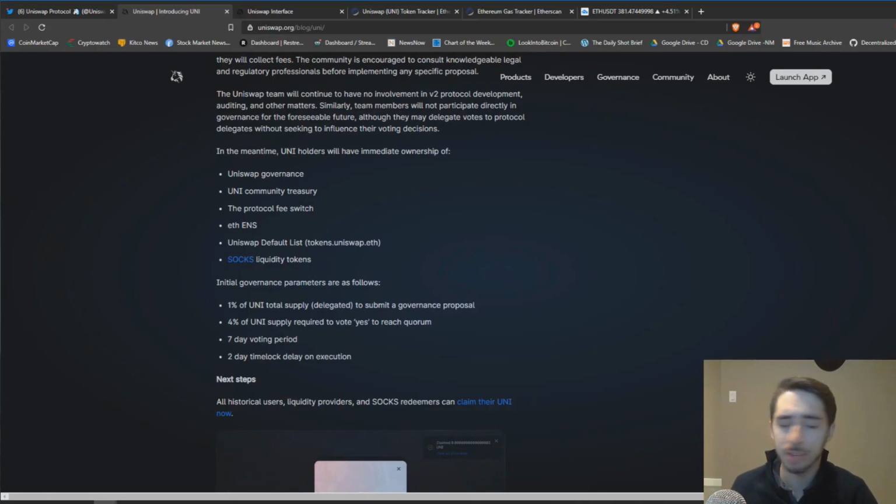Now, there's a 7-day voting period. Good week in this case, so not too short, right? Not 2 or 3 days, but also not multiple weeks where Uniswap is going to risk falling behind if another protocol has done something successful and they want to integrate it into the protocol. I think that's a very fair concern.